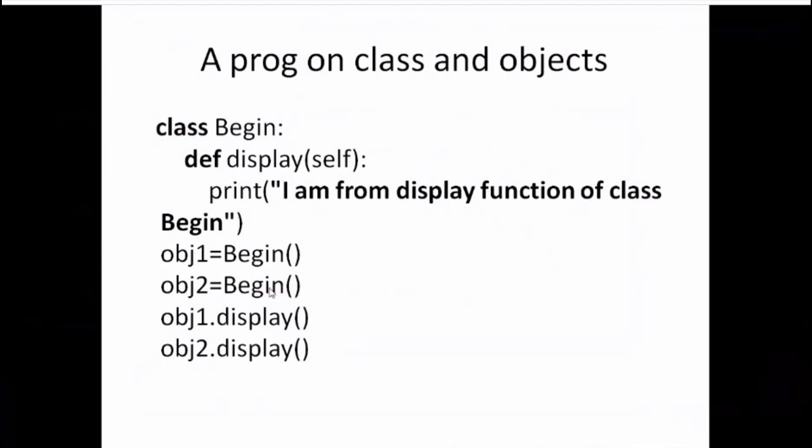If init method is not there, then no constructor will be called automatically. The methods will be called using the object name dot method name. That is the basic syntax for calling a method or a function in Python. Understood? Okay. Now,